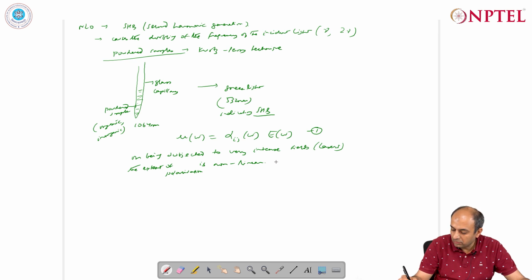This is because the overall polarization is asymmetrical in nature, and therefore, in addition to the linear polarization, it also contains nonlinear terms, such that we can now write the dipole moment mu as equal to the ground state dipole moment plus alpha ij E plus beta ij k